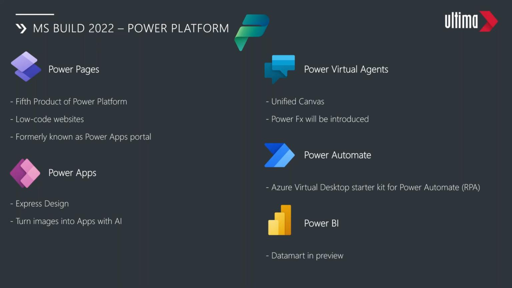And you can import that into Power Apps in the Express Design feature, and that will turn it into an actual Power Apps app. So yeah, that's obviously very powerful. That's a really quick way of starting from scratch. If you just control an app and then import it, and then after that you have a first working app,